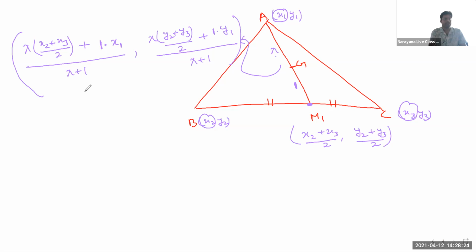Then what will be the value of lambda such that we get a symmetric expression in x1, x2, x3? If you put lambda equals 3, then what will you get? 3 times of x2